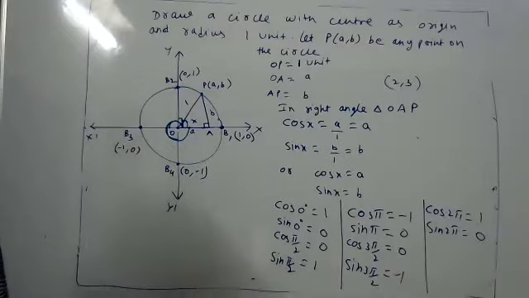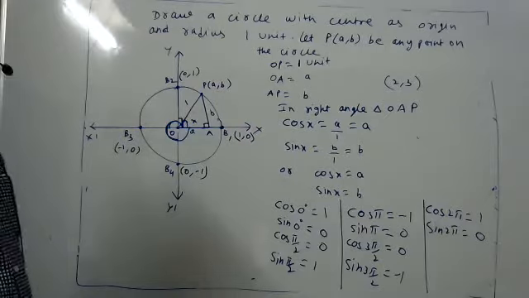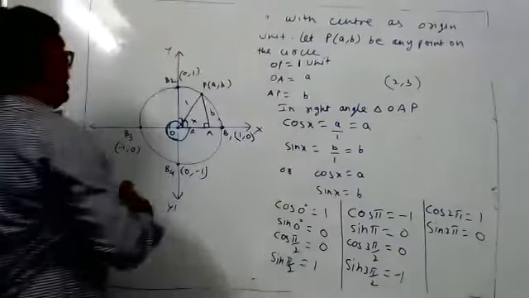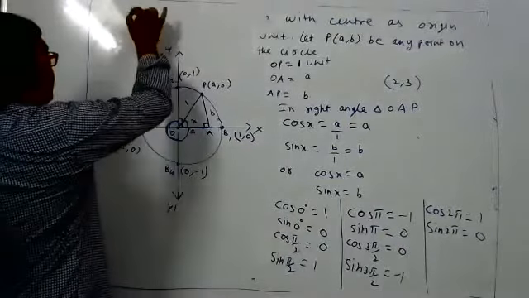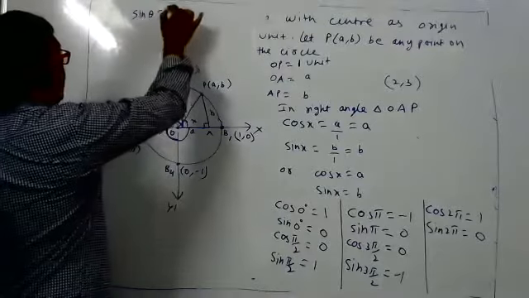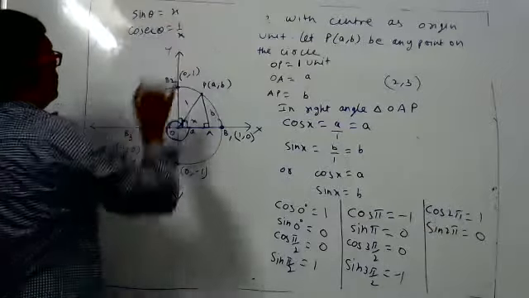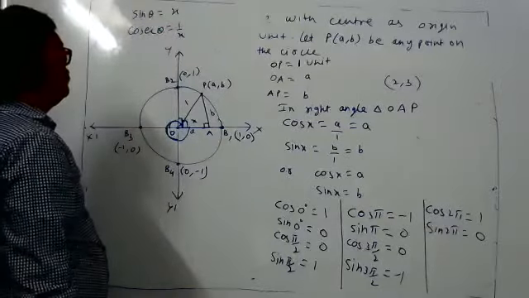Sir, I have a doubt. If sine theta is equal to x, then cosec x is equal to theta, no, sir? I'll write what you're saying. You are saying that sine theta is x, so cosecant theta is 1 by x. No, sir. Cosecant x is equal to theta.